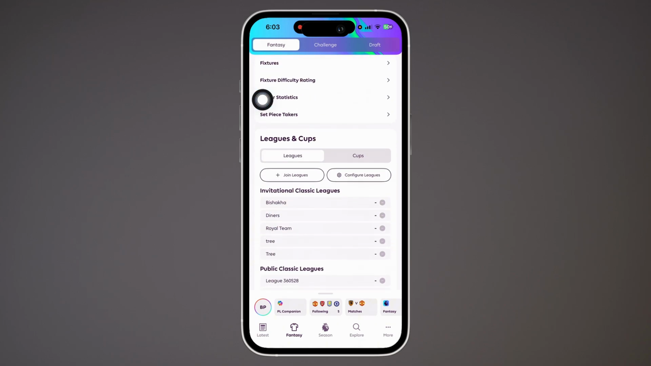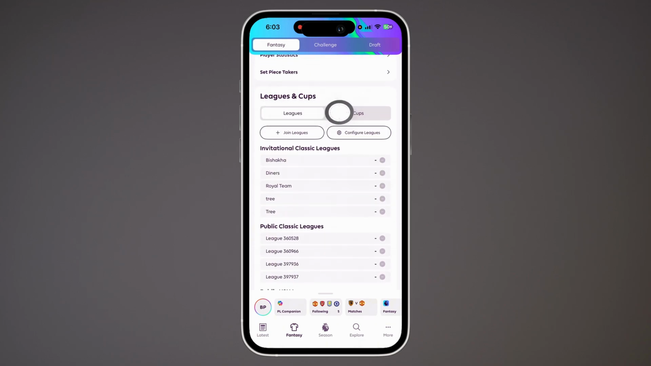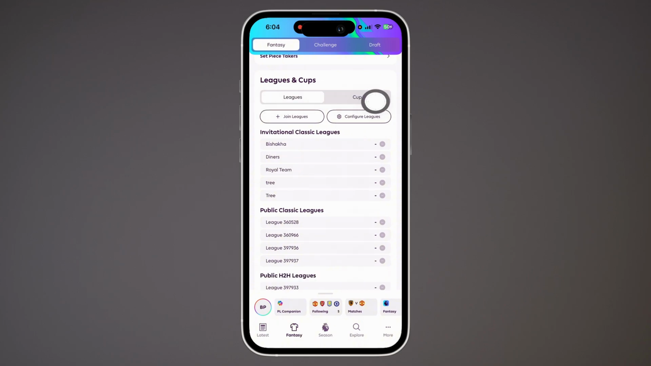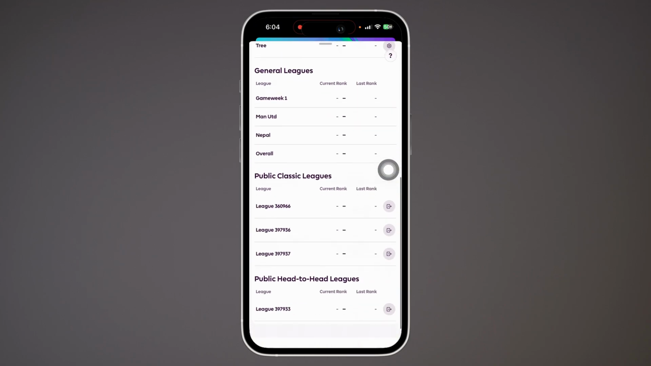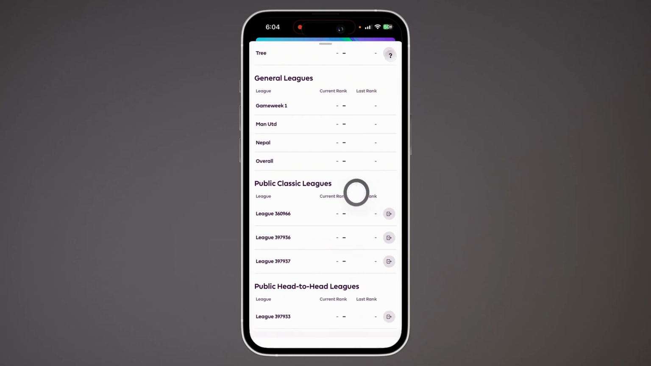Now, if you scroll down, you will be led to the Leagues and Cups option. And under the Leagues and Cups tab, you will see the option for Configure Leagues. So tap on the Configure Leagues option you see there, and you will then be able to view all your leagues in here. So scroll down and then go ahead and navigate to the league that you want to leave,